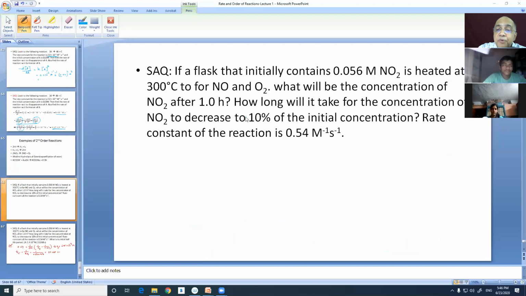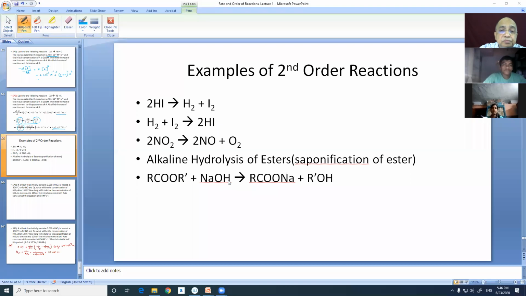Now, these are some of the examples of second order reaction. Just write down some examples. 2HI, this is the first type, case 1. And this is case 2 type. Case 2 has 2 subcases. If the initial concentrations are the same for both the reactants, then it is reduced to the case 1 type. And if they are different, then t is equal to 1 by K into (A0 minus B0), then ln of B0 At by A0 Bt. Or if you split them, it will be a huge one, and its graph we have done after splitting.